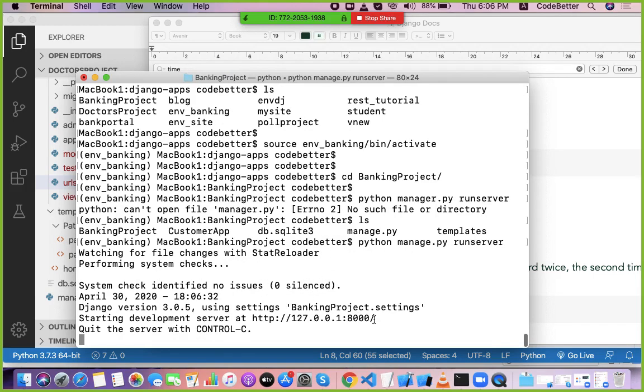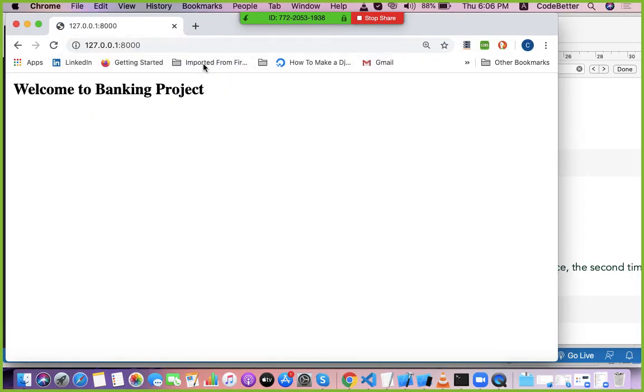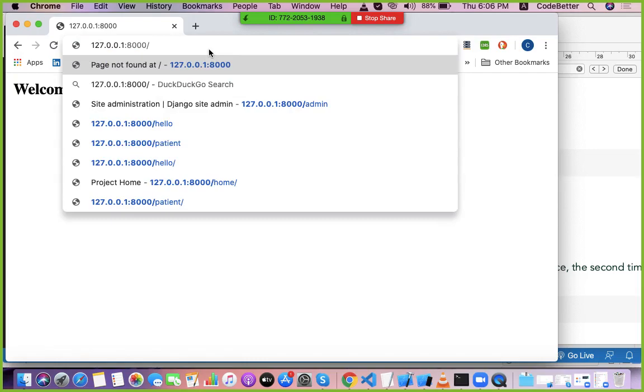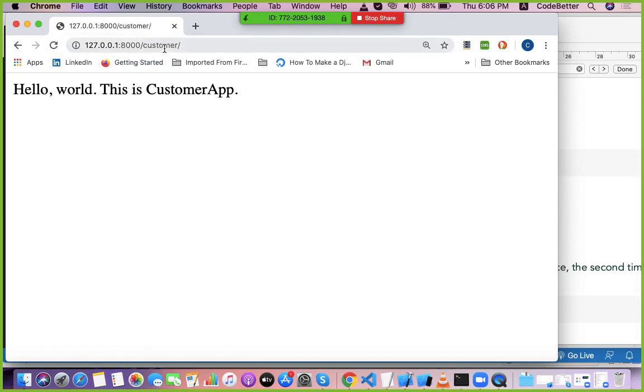So our banking project is running and up. Let's check what we have done till yesterday. So this was our banking project. In the banking project, we have the customer app. The URL of the customer app is customer,